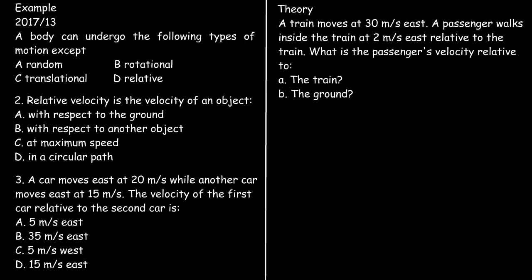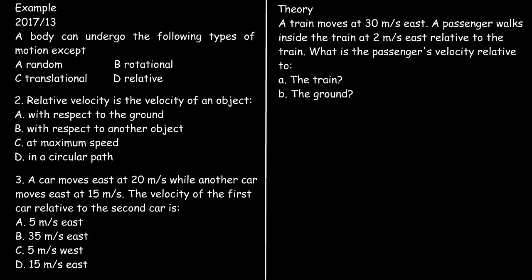It states that a body can undergo the following types of motion except A. Random, B. Rotational motion, C. Translational motion, and D. Relative motion. All types of motion are relative motion, and relative motion is not a type of motion, so the correct option